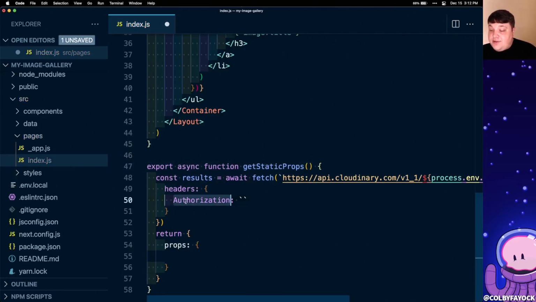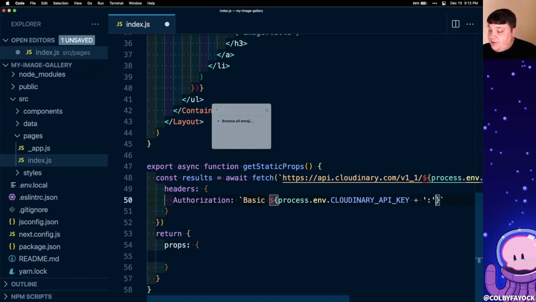Now, the way that we're going to do that is we're going to create a dynamic string for this authorization header, where we're going to add the word Basic at the very front, and then we're going to dynamically create a string, which we're going to also encode to base64 that we're going to pass in as this header. Now to start, let's use interpolation, where we're going to pass in process.env.CLOUDINARY_API_KEY, and we're going to add a plus sign and then the colon symbol, and then we're going to add